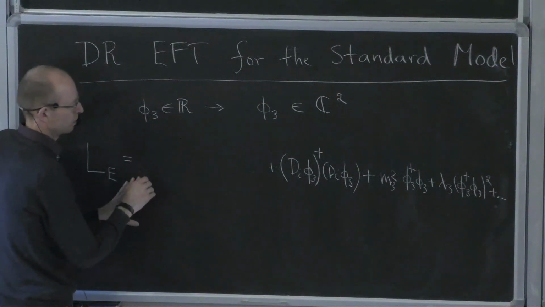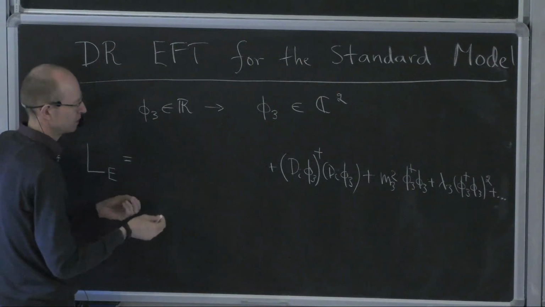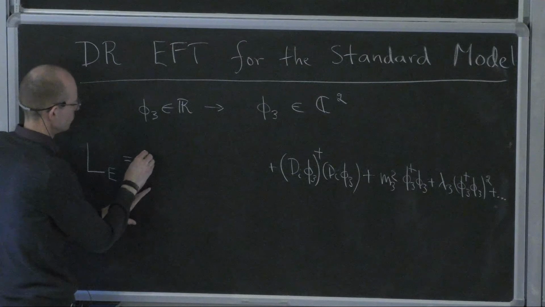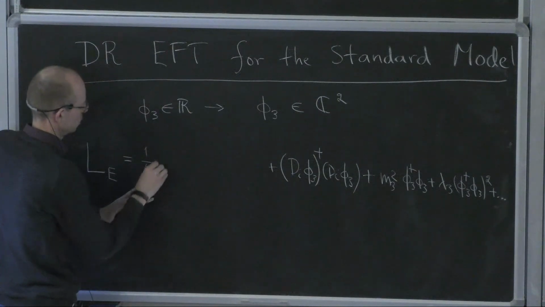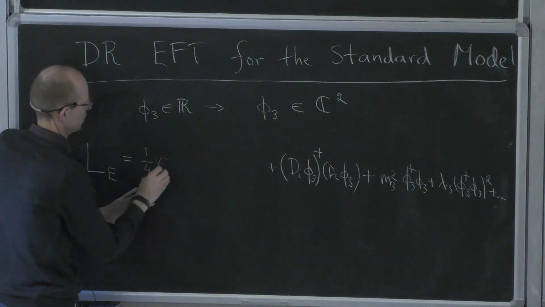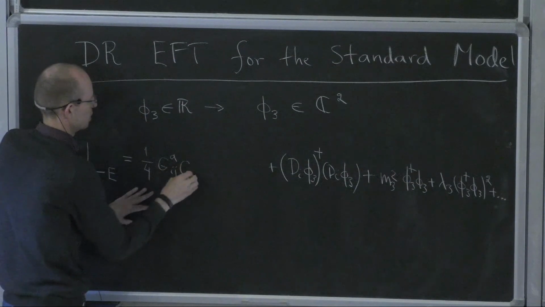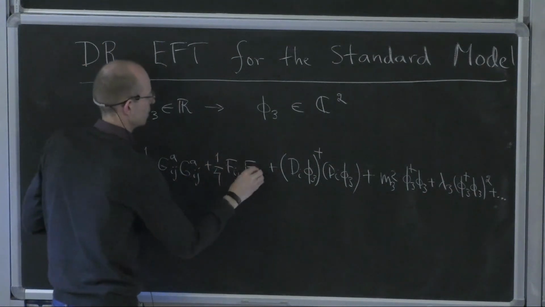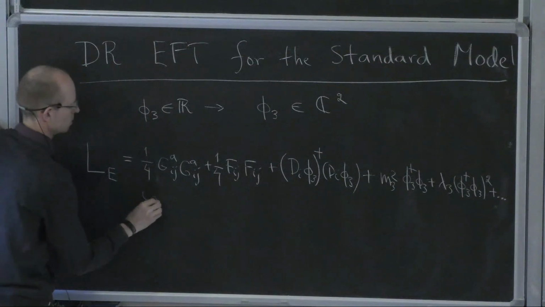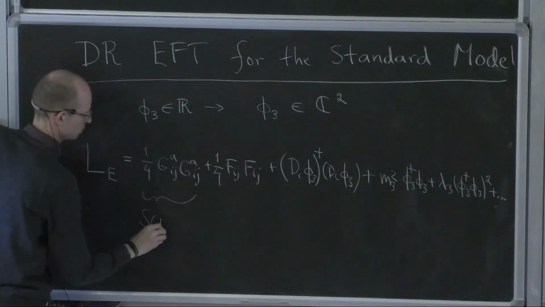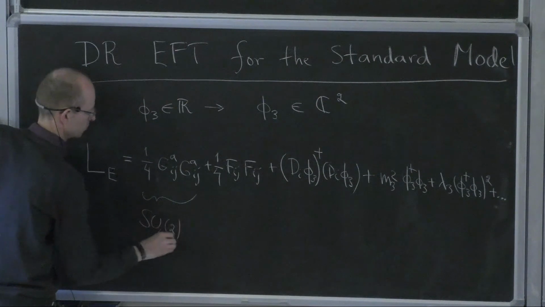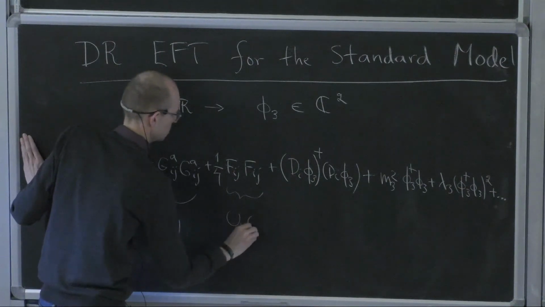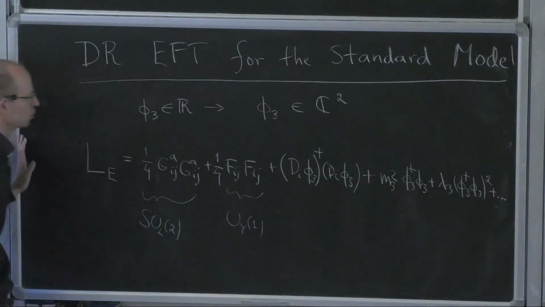And so again, once we are in this imaginary time, gauge fields are also particularly nice, because again there are no minus signs. So there's 1/4 G_ij squared, and 1/4 F_ij squared. This is the weak gauge group, and this is the hypercharge gauge group. In the standard model, there's also the strong gauge group,